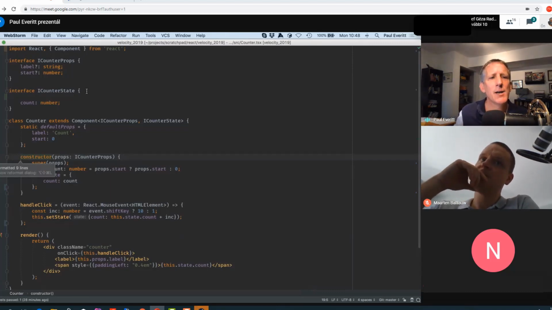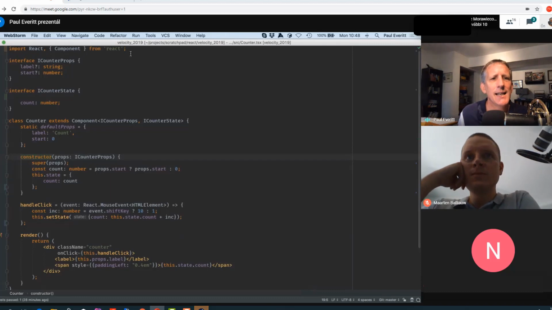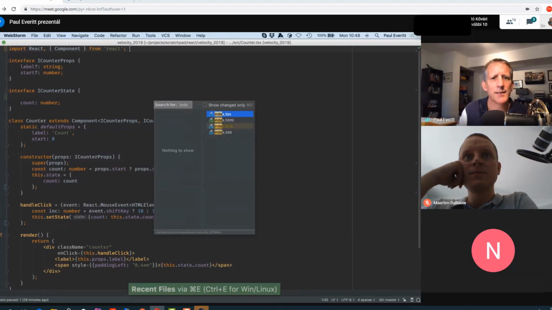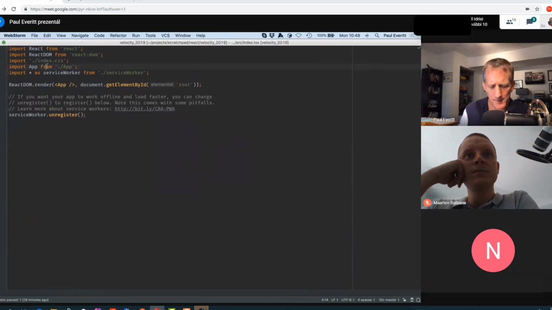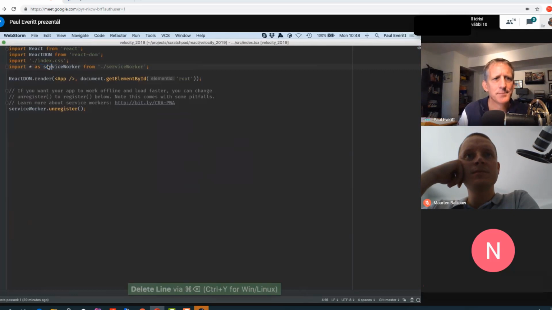Another thing that I might want to do is optimize imports. So for example, let me go back to my index.tsx and show one other example first. I haven't imported my app, so I'm going to delete this line.